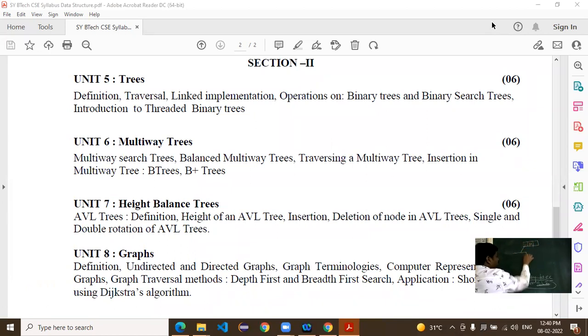At the left side, 20, and at the right side, suppose here we'll consider 8 and here 30. Suppose only these two nodes are there. So what is the value of this? Null. Initially in the binary tree it is null.